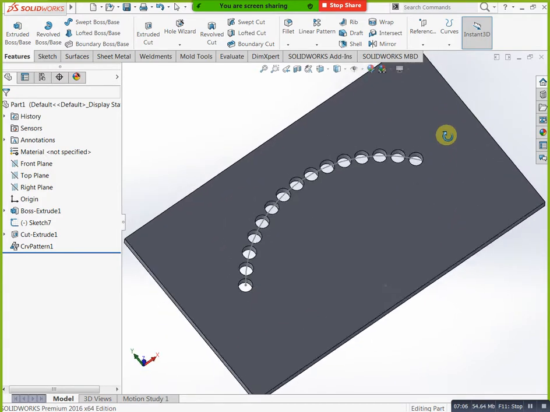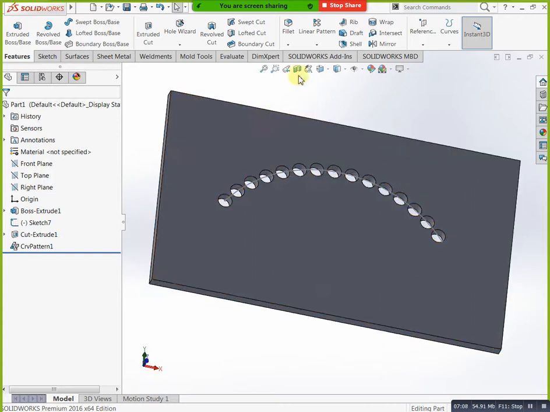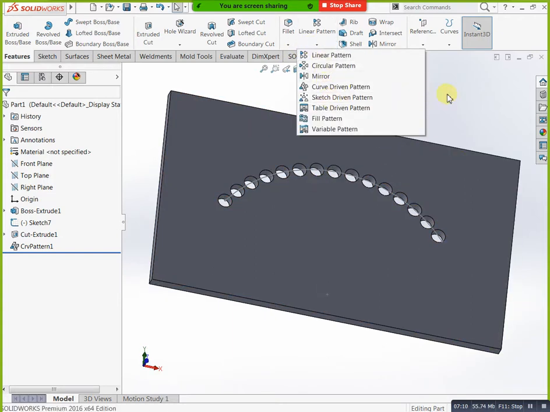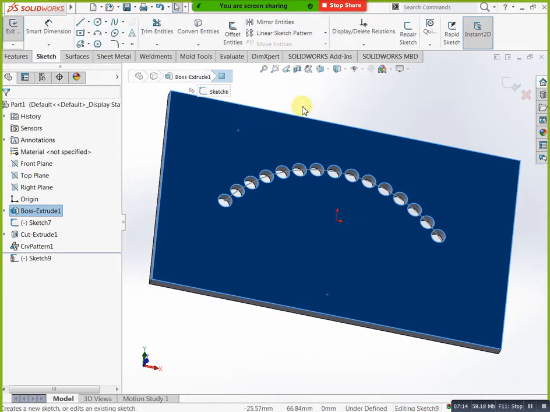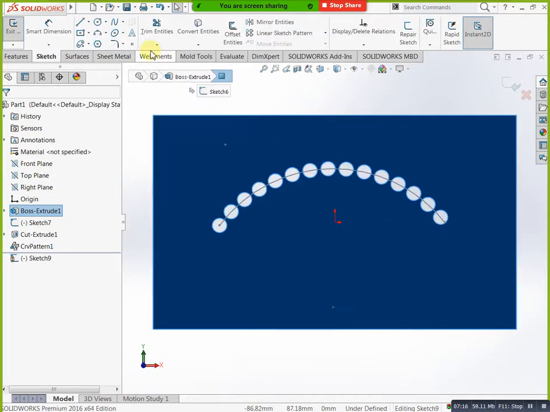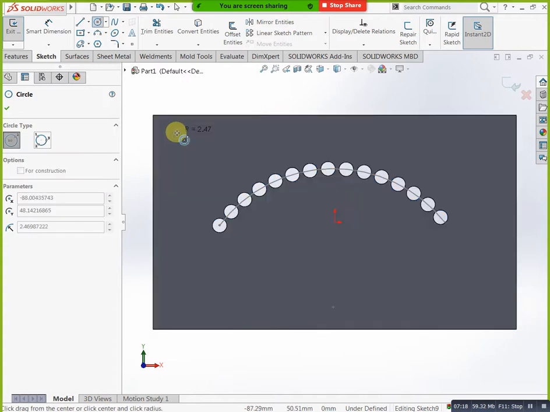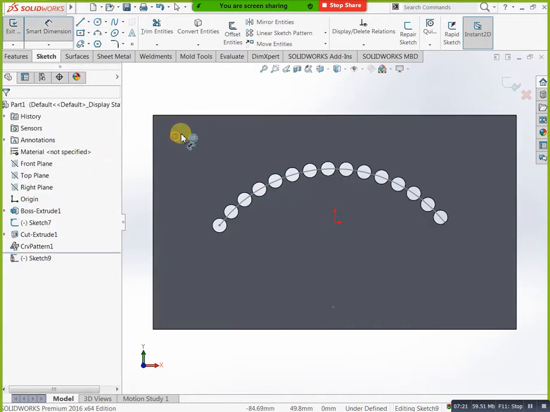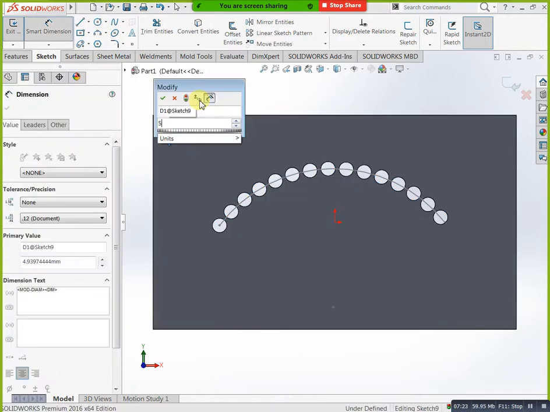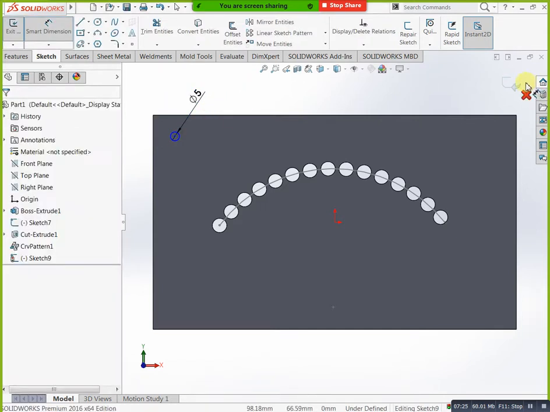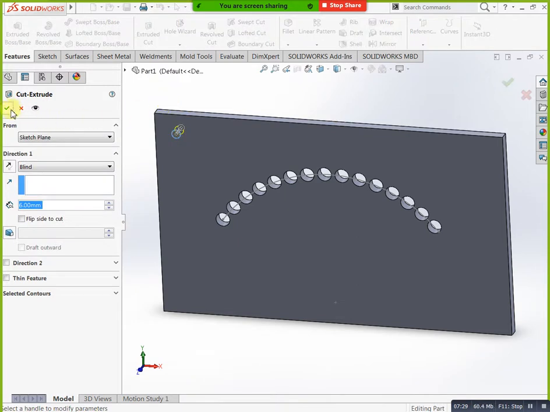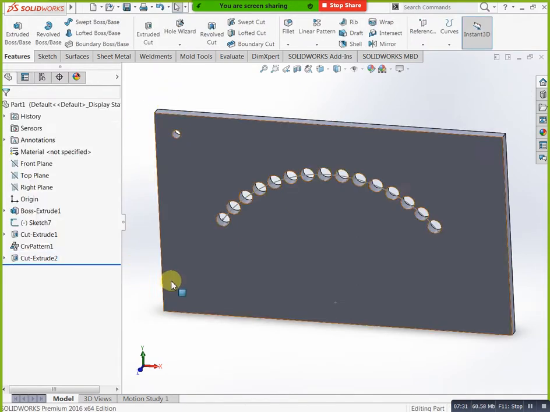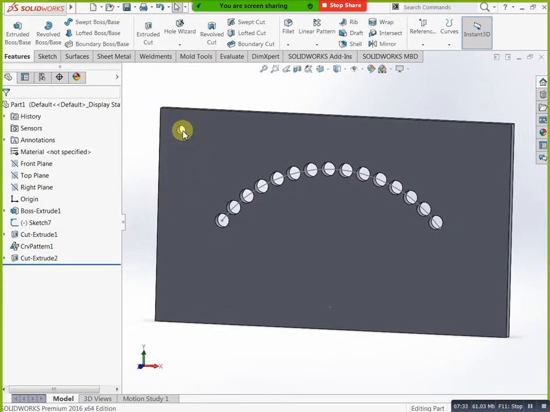I am creating one more hole. That hole is 8 diameter, not 8 diameter. Just I am placing it here. Dimension of that one is 5 diameter. Finish. Now extrude cut, finish. Okay. For this feature we have a number of positions, not uniformly, not random. We have approximate places like here, here, here, here.